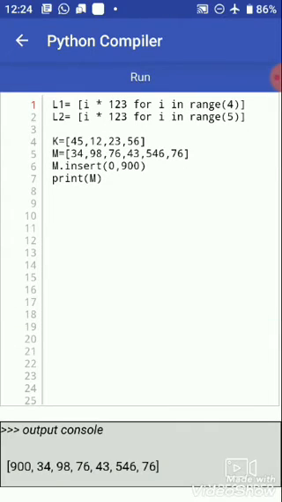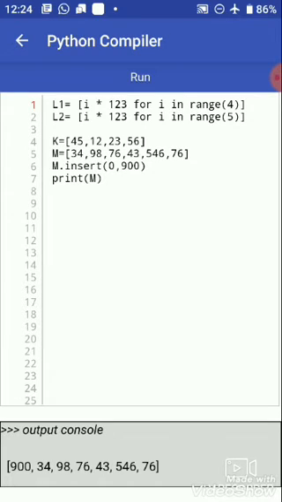When we run this program, you can see here in the first position, the 0th index, 900 has come. So by using the insert method, we can insert any element at any index number, and the rest of the elements move to the right side of the list.